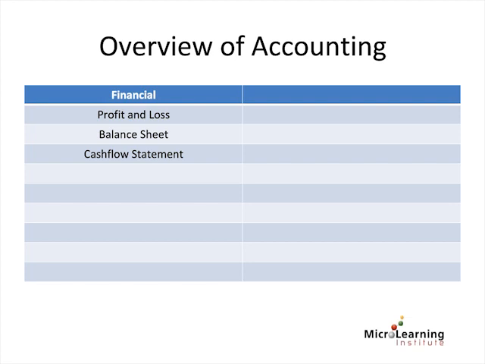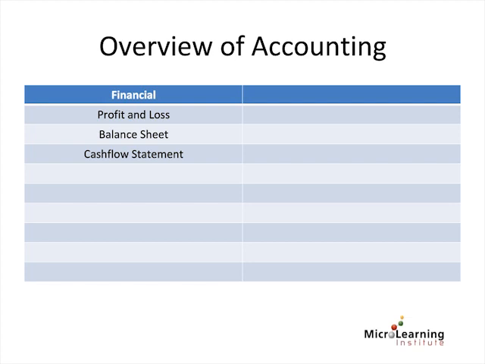The profit and loss account is often called the income statement or statement of operations. The balance sheet is often called the statement of financial position. We will look in far more detail at the profit and loss, balance sheet, and cash flow statement in future tutorials. But for now, we can say, the profit and loss is a measure of performance of the company. Basically, the profit and loss statement compares the revenue that the company earned with the cost of earning that revenue. This comparison is done for a particular period of time.